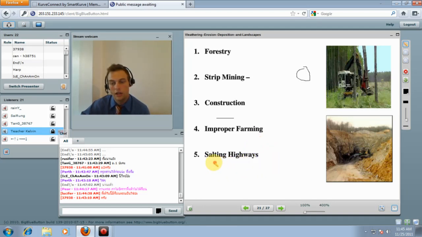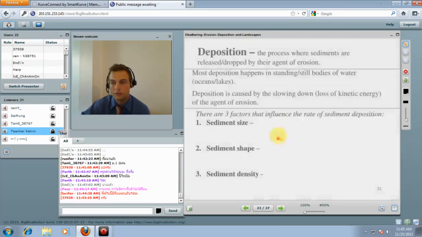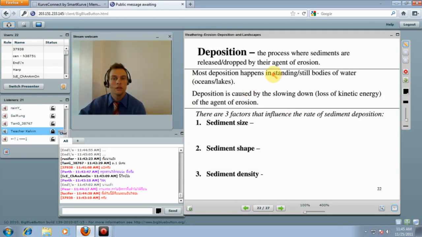Salting highways. The salt can combine with other minerals and create chemical weathering, like we talked about before. If you use a lot of salt, it can really harm the environment. Not to mention, when you're driving your really nice car on a salted highway and the salt splashes up onto your car, it erodes your car. It's going to be pretty bad for the bottom of your car. Okay, so